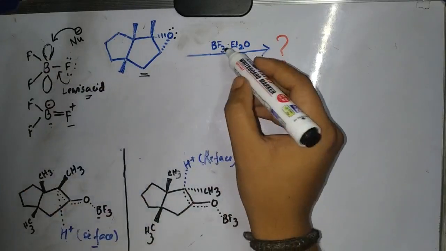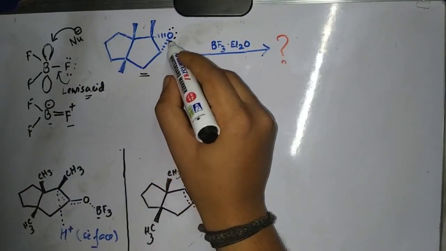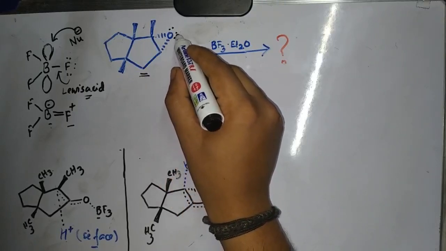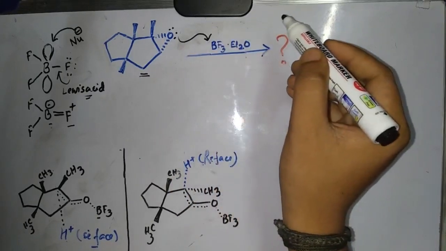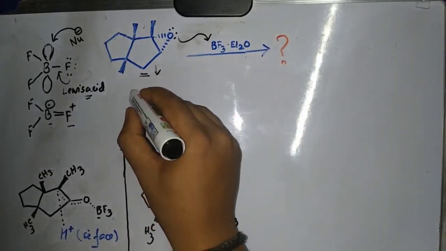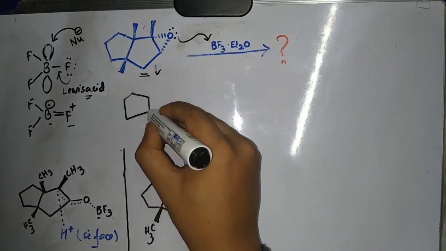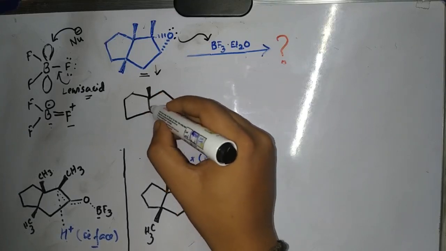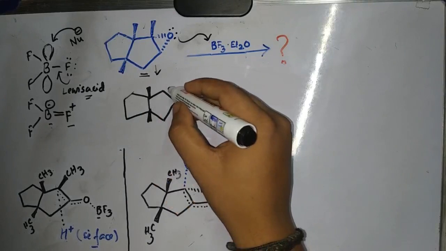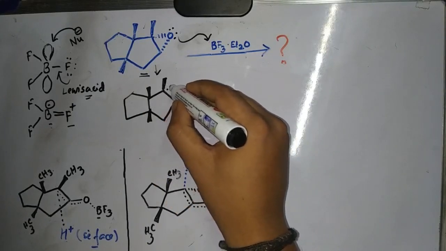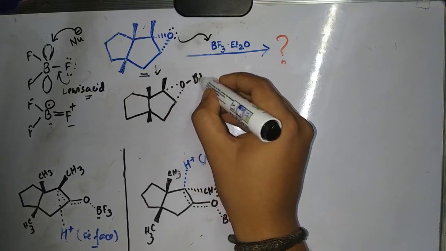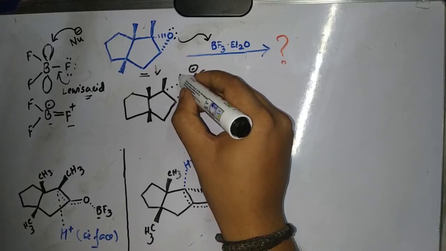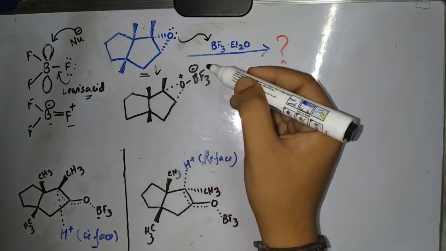Here you can see this is our starting material and oxygen is there. Oxygen has non-bonding electrons, that means lone pairs, and this oxygen lone pair can be donated to the BF3 molecule to form a Lewis acid type of complex. This will be the structure of the Lewis acid complex. Here the 2 methyl groups are in the above bond, and here 1 methyl group is above, and this oxygen will be like this, and BF3 will be like this. This will have a negative charge because it takes the electrons from the oxygen, and oxygen will have a positive charge. So guys, no change of stereochemistry will happen in this case.